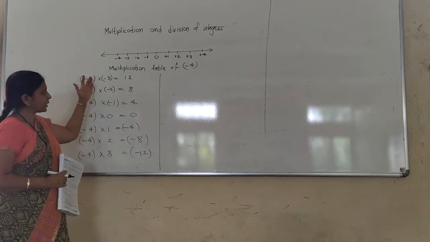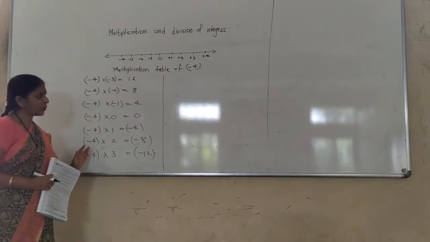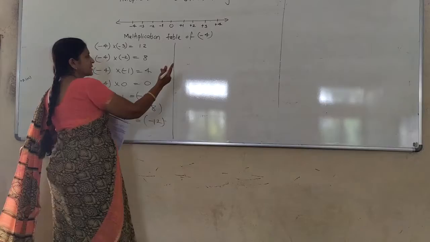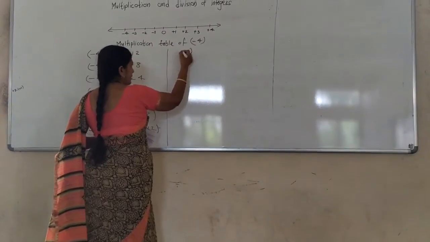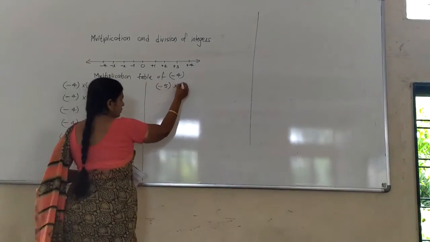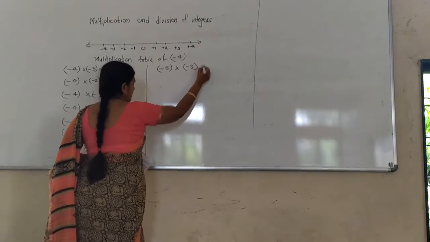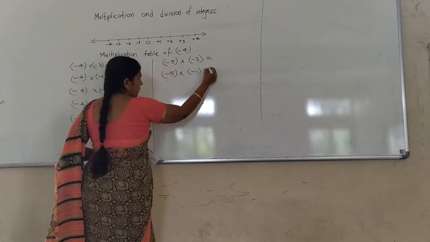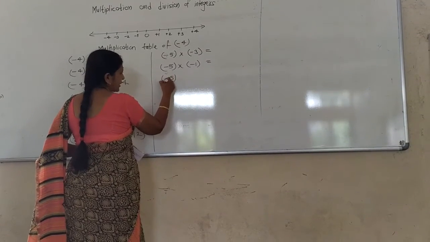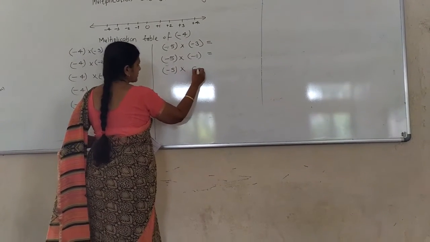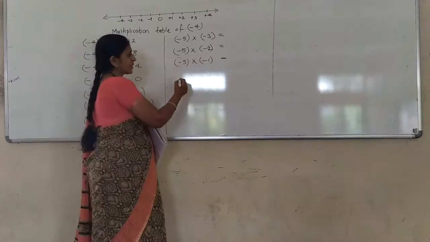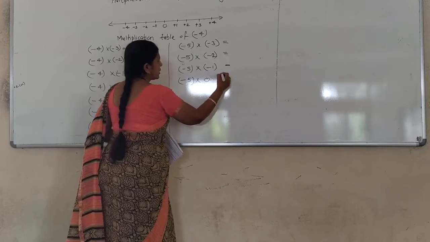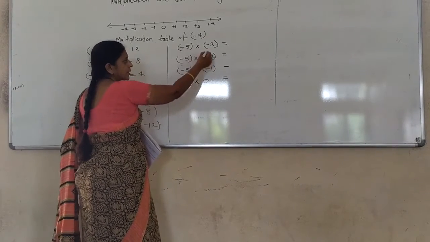I have written that multiplication table here, which we have framed now. Now see, same pattern we have to follow for the minus 5. So negative 5. First we will take the negative number, that is a minus 3. Then minus 5 multiplied by minus 1. Look, the multiplier increases. So here minus 5 multiplied by 0. Here our multiplier increases.